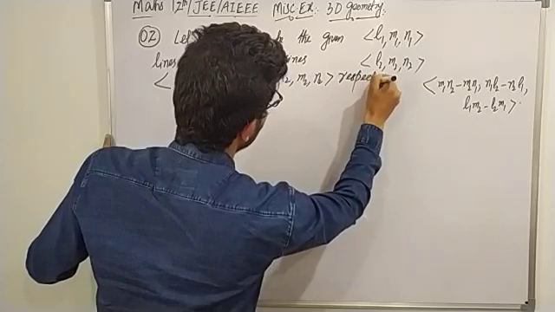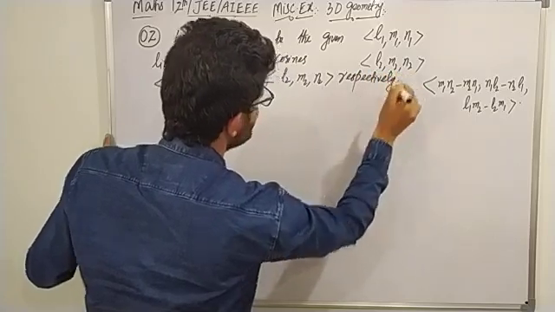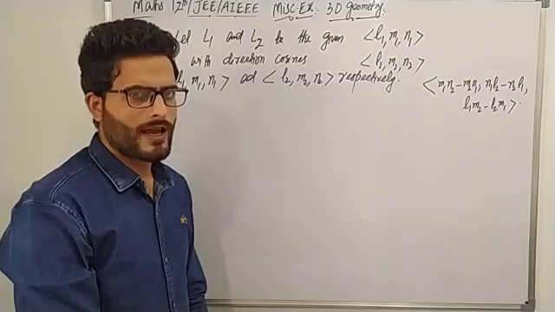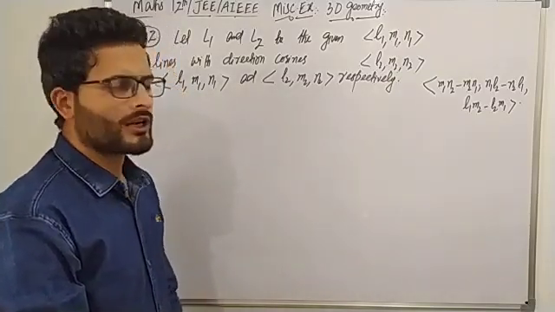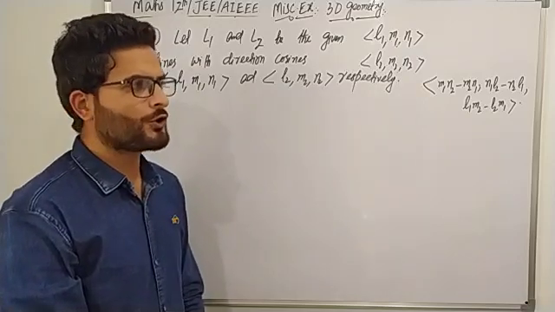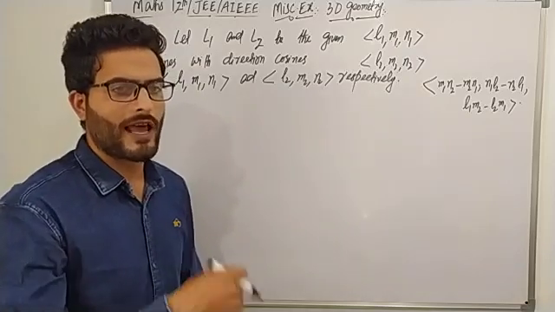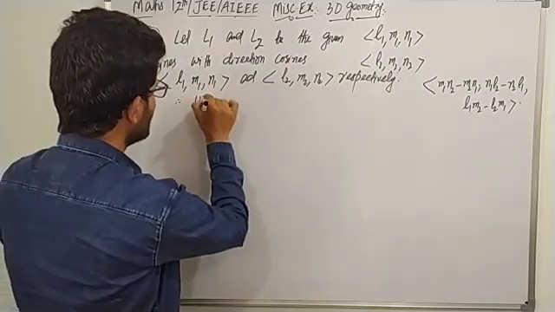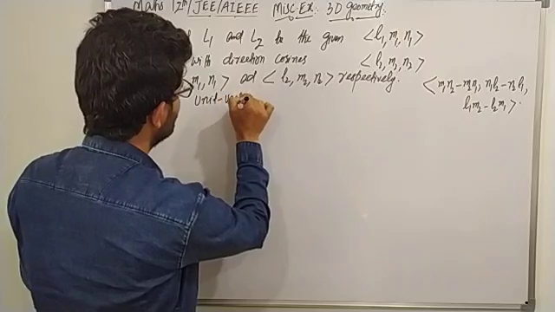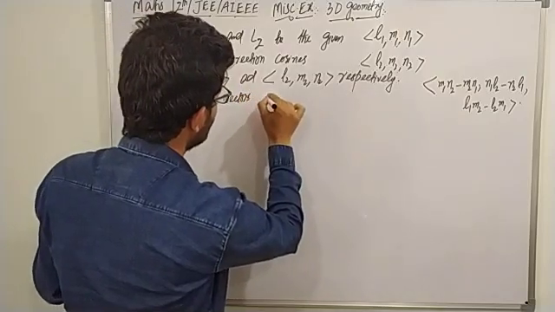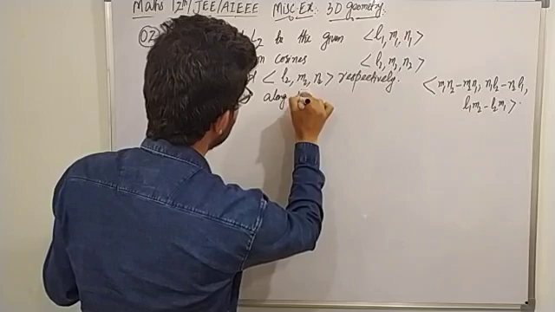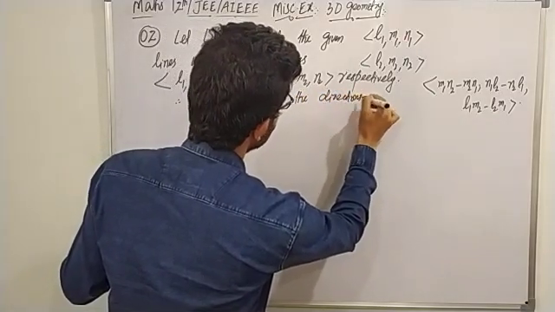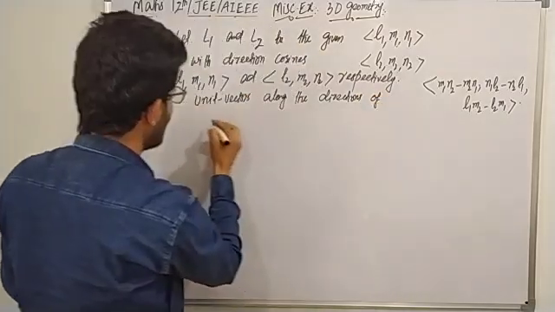उन लाइन्स को हमने डिनोट किया है कैपिटल L1, कैपिटल L2 से, जिनके डायरेक्शन कोसाइनस दे रखे हैं ordered 3 tuple of L1, M1, N1 and ordered 3 tuple of L2, M2, N2. Therefore, unit vectors which are parallel or which are along the two lines must be, therefore, unit vectors along the directions of L1 and L2 are